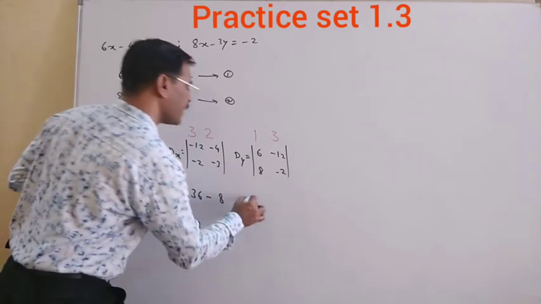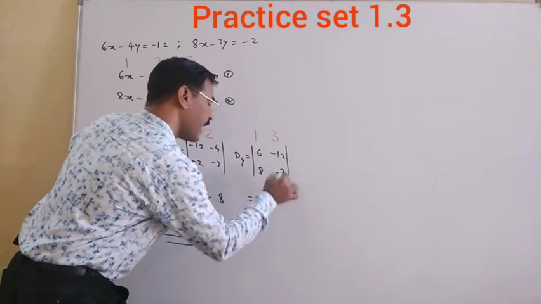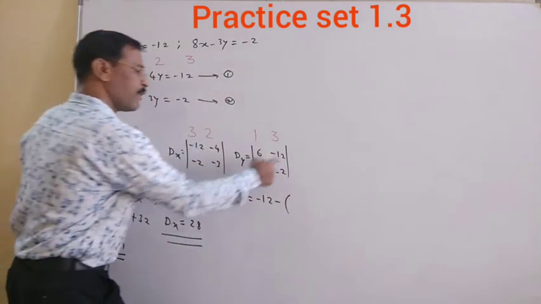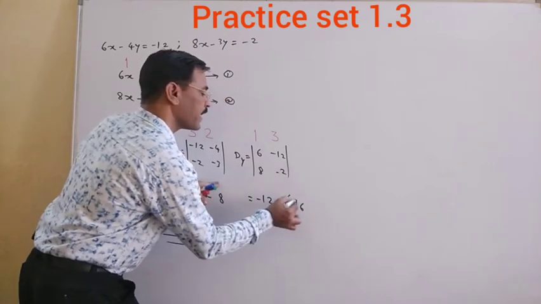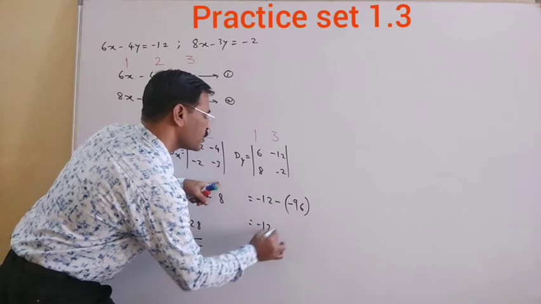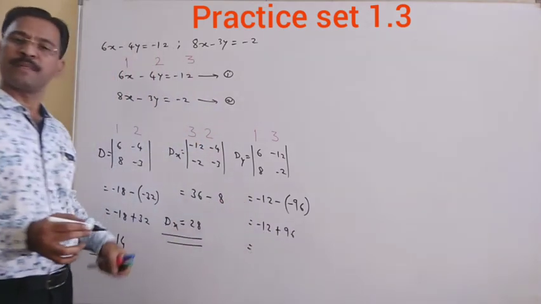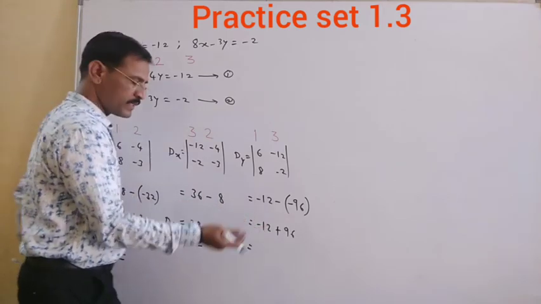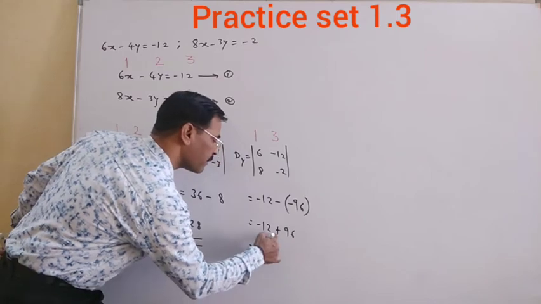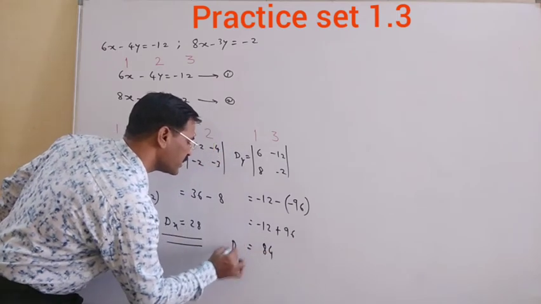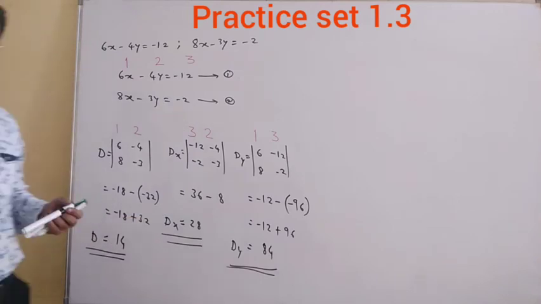Now similarly here now 6 2s are 12, minus 12. This is minus and this one again minus. 12 8s are how much? 96. This is again minus. So minus 12 plus 96. So here we have to make some subtraction because both have different sign. So 96 minus 12 is 84 and give the greater number sign, that is plus. So these are the values D, dx and dy.